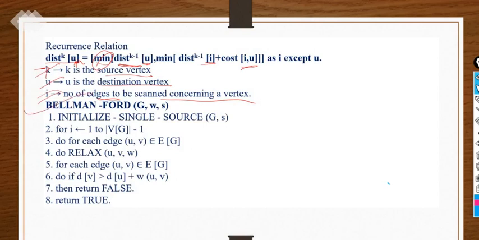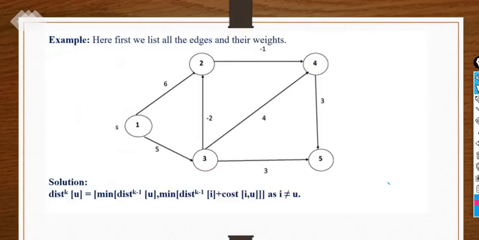So Bellman-Ford, what it says: we have to take the graph, consider the weights, and check for the source node. First start from the source node and repeat with the help of a for loop, and check each and every edge. For each edge, you have to do the relaxation with respect to the U and V vertices and W weight, and we repeat the same procedure that we were doing in Dijkstra. If it is false, then loop again and repeat the loop. If it is true, then come outside. So with the help of an example, we can understand these things.